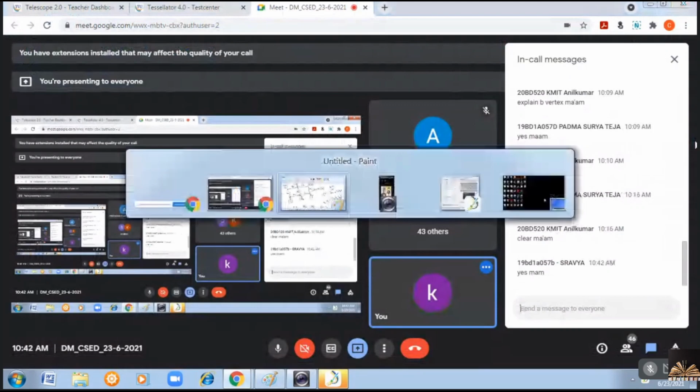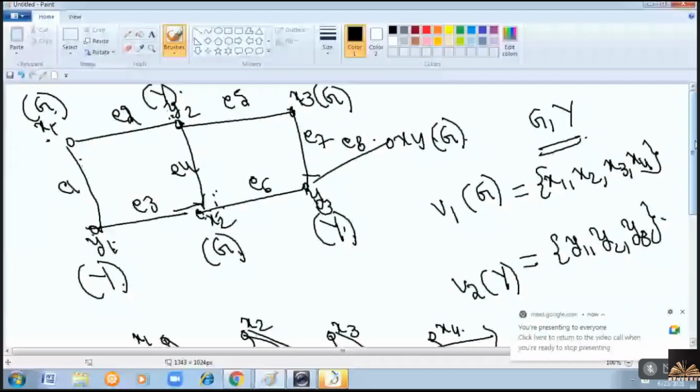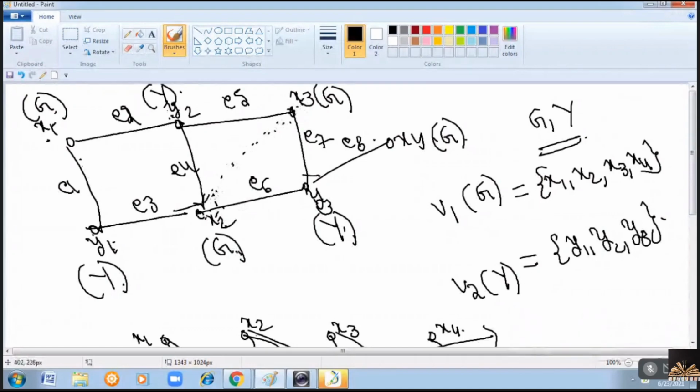Suppose, let us assume that you have one more edge from x3 to x2, like this, right? Now, can you tell me whether it is a bipartite graph or not? So here, using this coloring technique, if x2 is colored with green, x3 should not be colored with green. Why? Because these two are adjacent, if you have an edge like this, right? But here, both are colored with the same color, right?